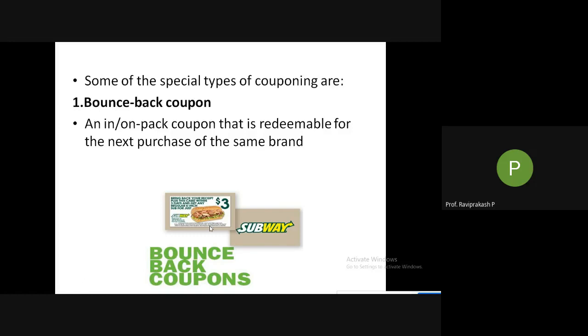I told you, some are having a large time, and here it is a product you cannot keep. Like if you go there, you eat, and you come back. So you are using the particular product then and there, so you can have a shorter period. So they are giving you 3 days. Within 3 days, you come back and eat this one. When you eat this, you take something else also, so they can give a discount coupon on that again. So you can again come back within 3 days. That is what they want: you to come back again and again, to repurchase their products again and again. So that is the bounce back coupon.